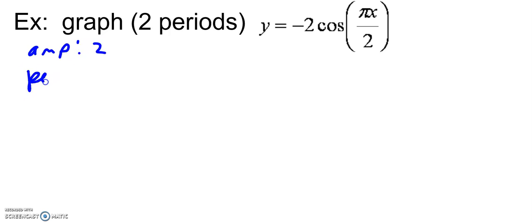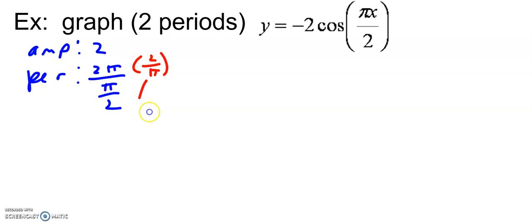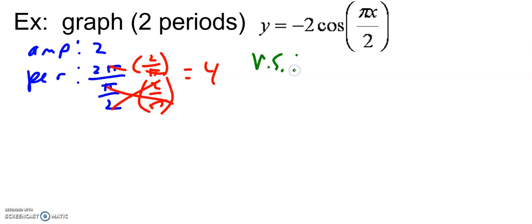I know that. The period is going to be 2 pi over b. In this case, b is actually pi over 2. So this will be 2 pi over pi over 2. I multiply by the reciprocal, 2 over pi. Those cancel. So the period is 4. Let's see. Vertical shift is none or 0. And horizontal shift is also going to be none or 0,